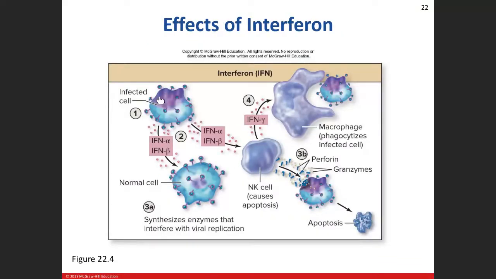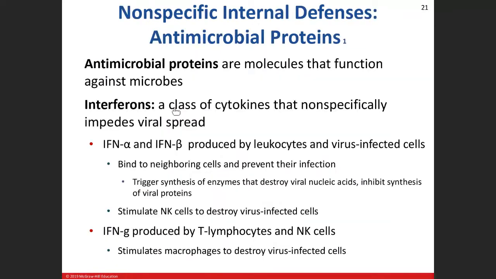I'm going to come right back to that previous slide. Here's our infected cell. Here it sends up the flare. The alpha and beta interferon is going to stimulate the neighboring cells to make things that will prevent them from getting infected. Cool, we like that. At the same time, the alpha and beta interferon is going to stimulate the natural killer cell to migrate to the area to do the following. It is going to either cause that natural killer cell to directly kill the infected cell,